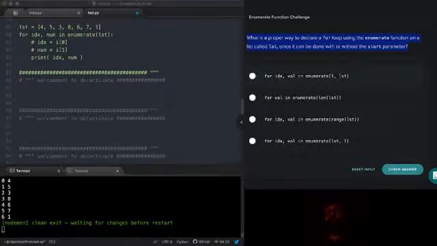If it takes 1 argument, it's just the collection to iterate through. If you give it 2 arguments, that's going to be the collection to iterate through, followed by the starting number. So that has to be a list and then an integer. This one gives me an integer and then a list, so I know that's not the one.